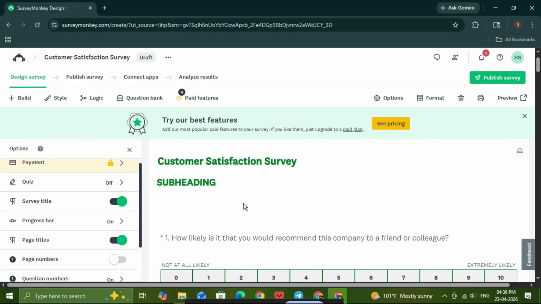A small change like this can make your survey feel much more organized, more professional, and easier for people to